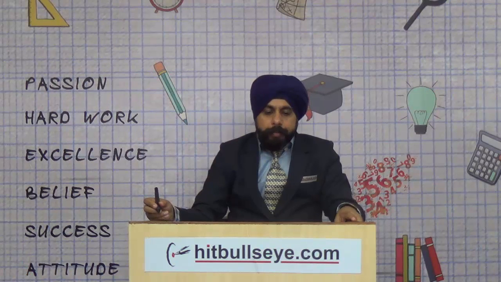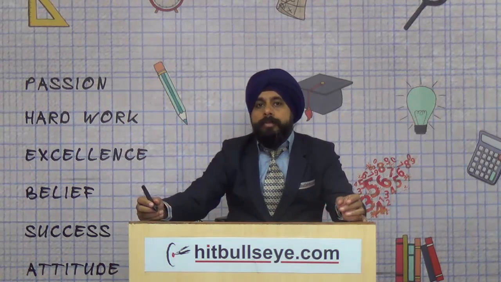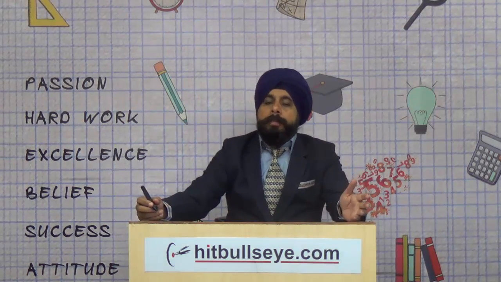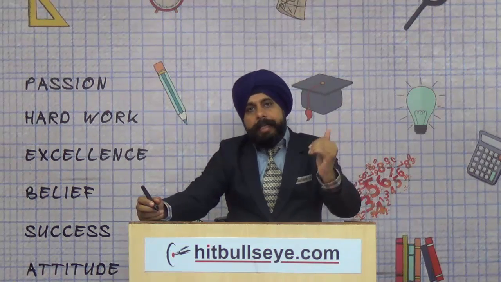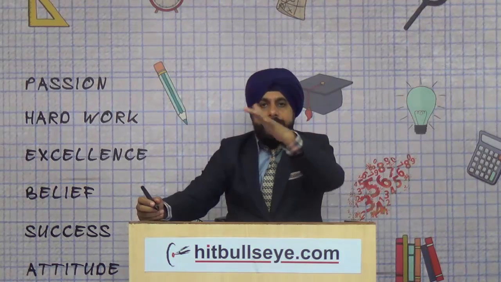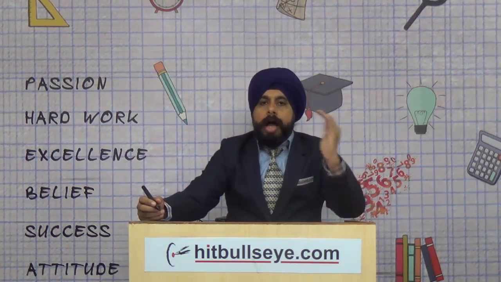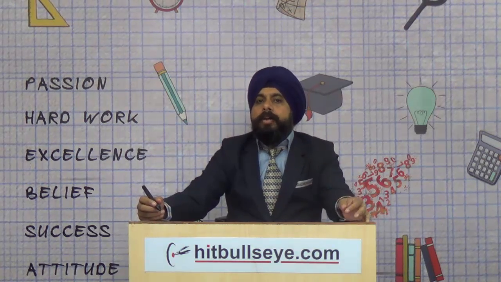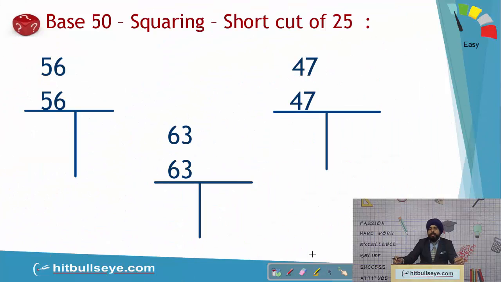Now, what you can observe every time, only in case of squaring, because the trick I am going to tell you now is very difficult to apply in case of multiplication, that every time we are adding and then halving, or we are subtracting and then halving, why not half first and then add or subtract, as is the case? Let's learn it, students. The shortcut of 25, I'll call it as, students, the base is 50, which is half of the main base.